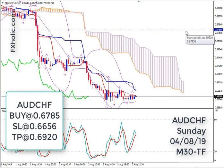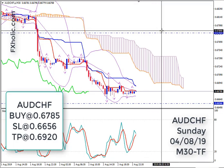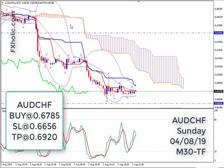Then place your buy order at the level of 0.6785, or maybe a few pips higher or lower, and your stop loss can be placed below the lower Bollinger Bands curve and the lowest most recent down fractal on M30 at 0.6656, which means you will be entering with a risk of 128 pips,